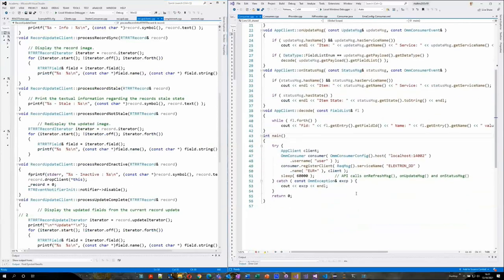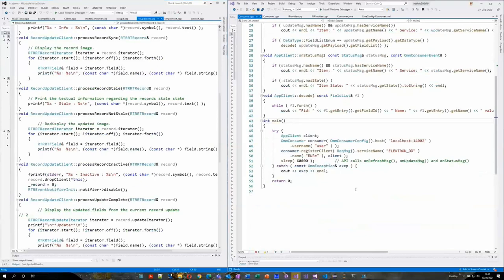So on the right side, in contrast to what Umer just covered with SFC, is an EMA consuming example, equivalent of a subscriber. In this case, you're looking at the C++ example. I'll draw your attention to the bottom half of this, which is basically where you're instantiating a consumer, specifying your endpoint, which is defined by your host and port, and a DAX user for your entitlements. And that's it. When you've done that line, essentially that's in the background, making the connection to that host and port and going through the login, etc., the administrative messages.